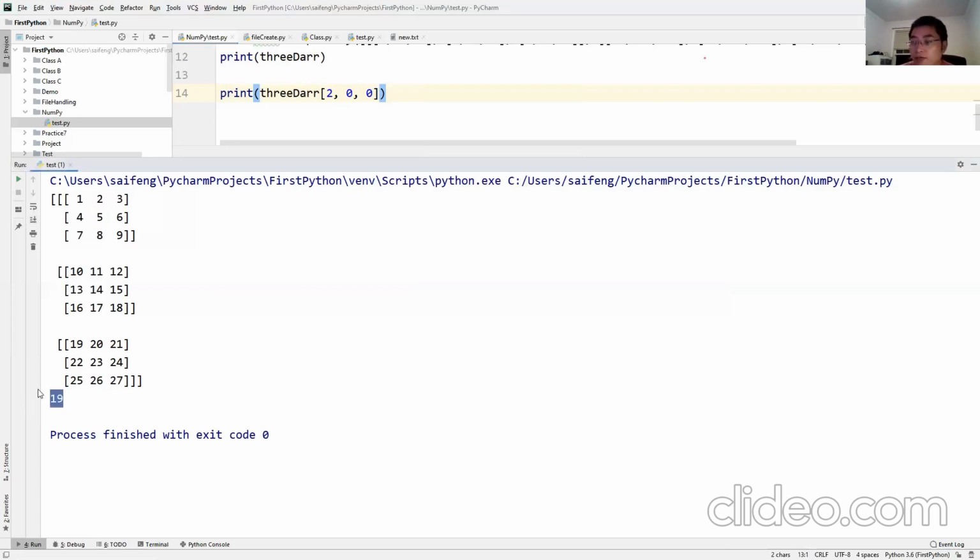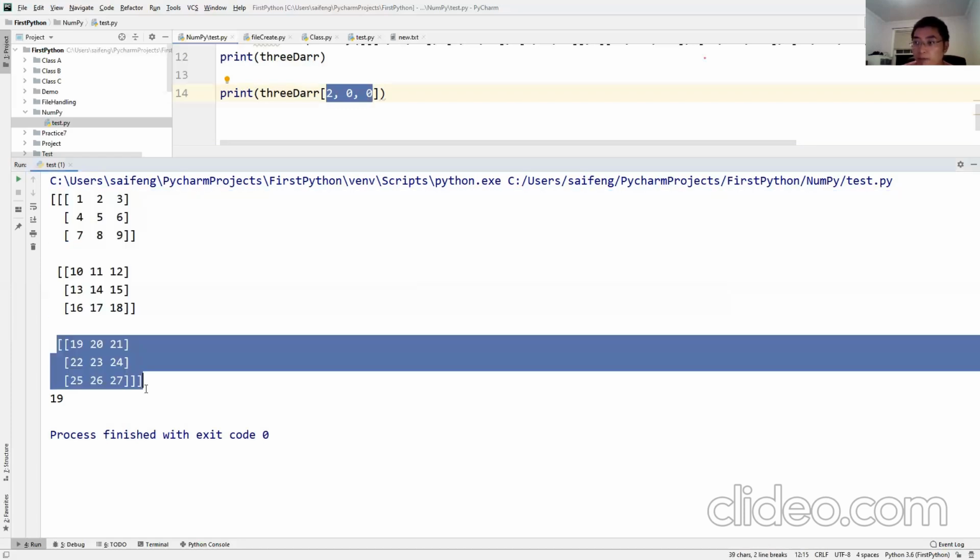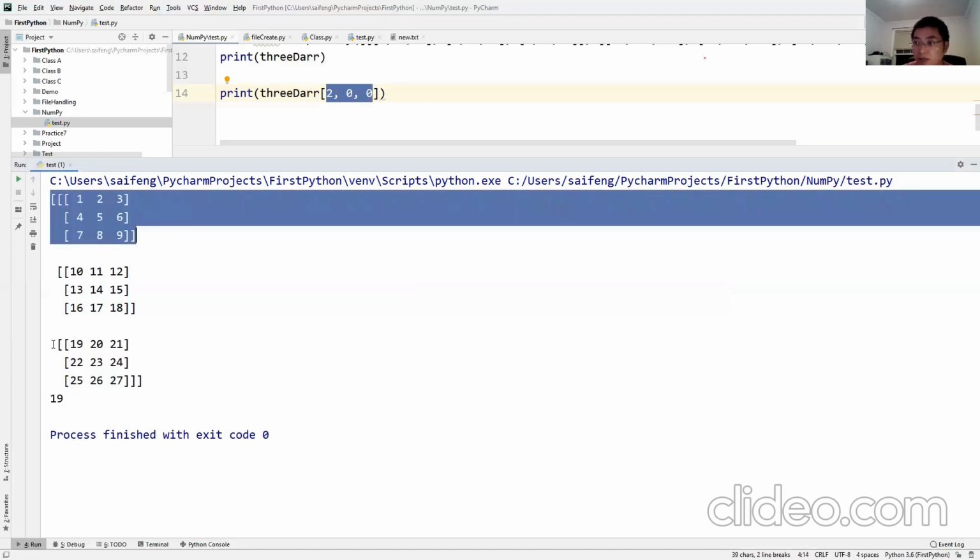So, Victor, do you want to try? Yes. 11. It's row 1, column 2. I know it's row 1, column 2, but I need you to give me the index. And I need the 3 index here, right? First, tell me which 2D array it is. We have 3 2D arrays, right? Which one? First, second, or third?